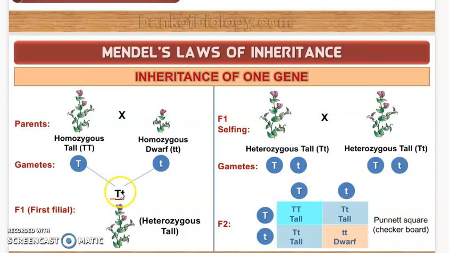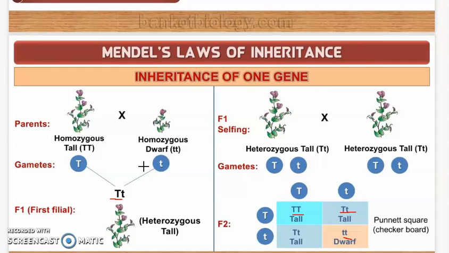Okay, so they are different forms of the same trait. Hence in plants, the pair of alleles for height would be capital T capital T, capital T small t, or small t small t. Right? So Mendel also proposed that in a true breeding variety, tall or dwarf pea plant,